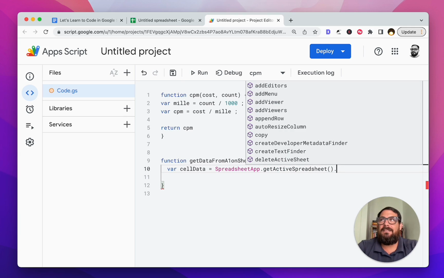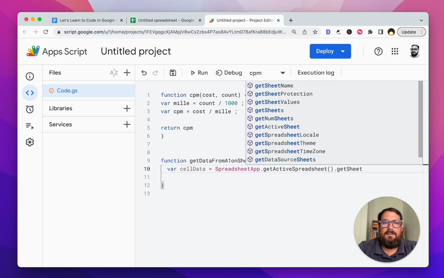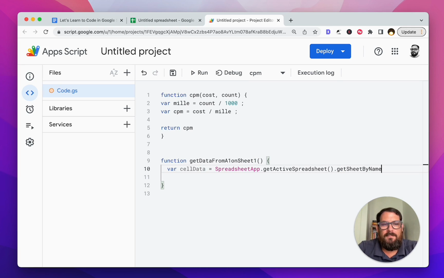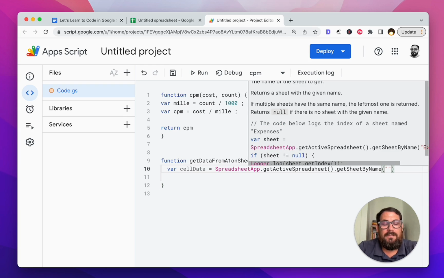Now we add a dot getSheetByName, and as we type, it's going to try to know what we mean. Sheet by name. Again, we need parentheses, and we need to enter here in quotes Sheet1. We then